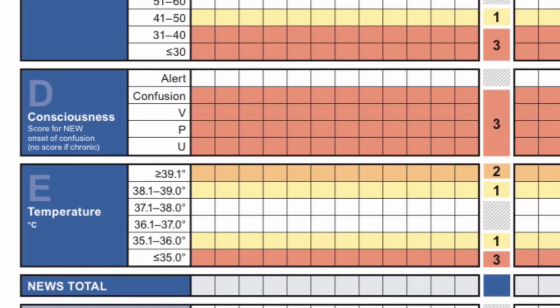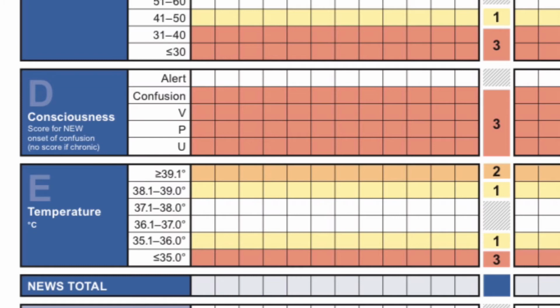Okay, so this is the way you have to record your NEWS score. Don't really need to worry most about it, just go for it. You will understand what you have to do. I already explained it to you very well, so if you have any doubt, just put it in the comment.